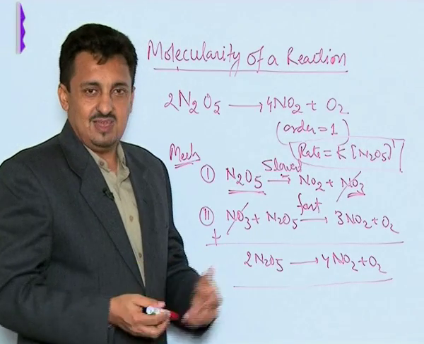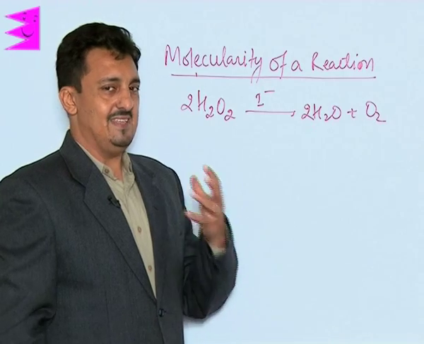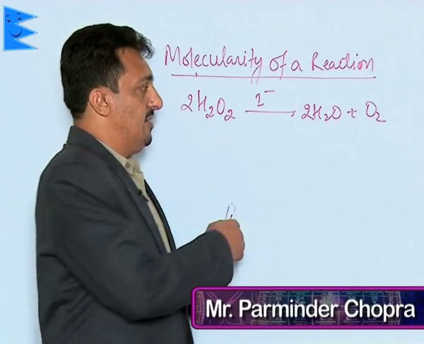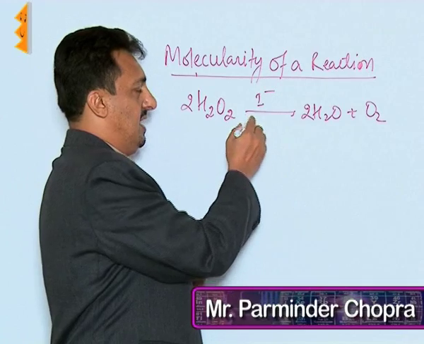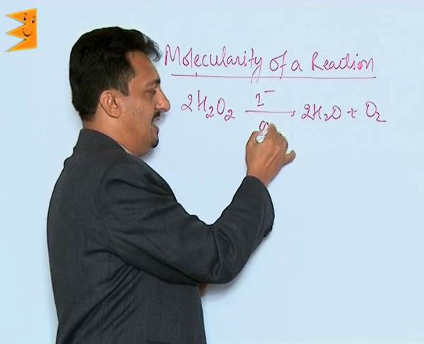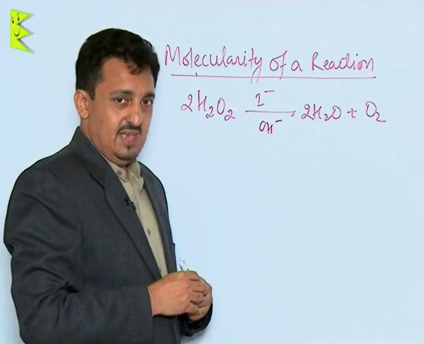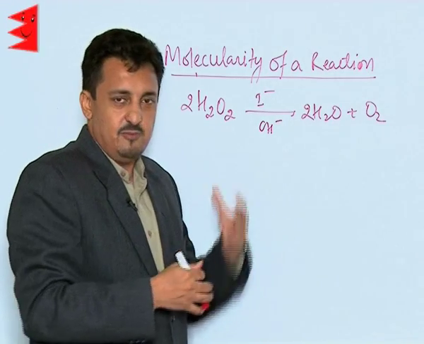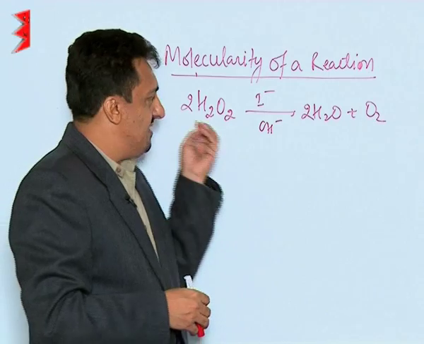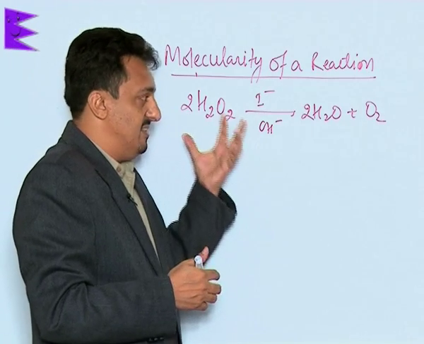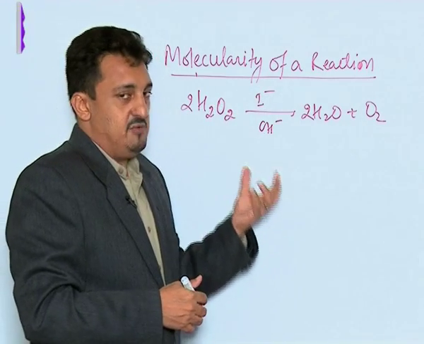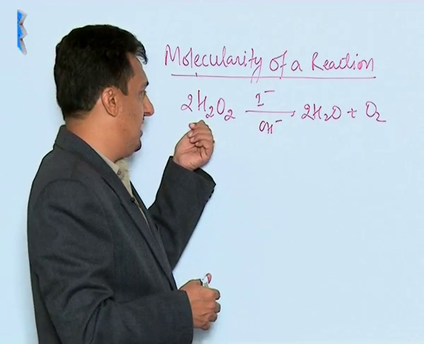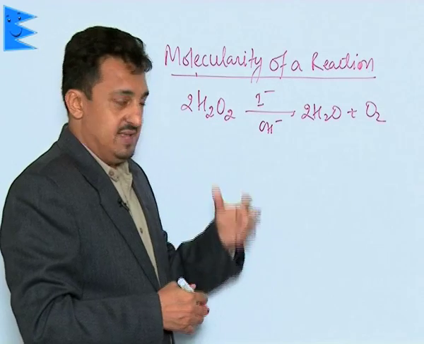Let us take some other examples. Let us take another example: the decomposition of hydrogen peroxide into water and oxygen in the presence of iodide ion in alkaline or basic medium. See, in this we find the hydrogen peroxide decomposes to give oxygen and it forms water. Now, as per this reaction, it appears that this cannot be an elementary reaction. If it had been an elementary reaction, then the order or molecularity of this reaction would have been 2. What we find is